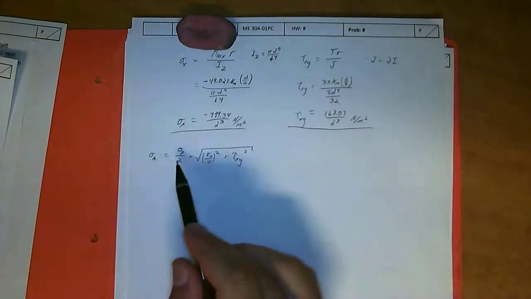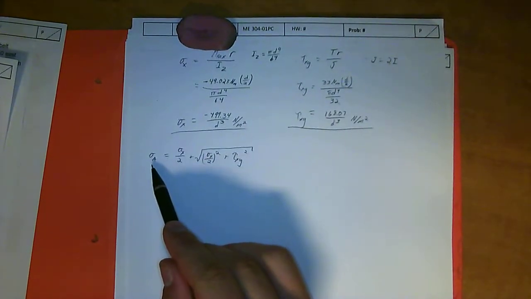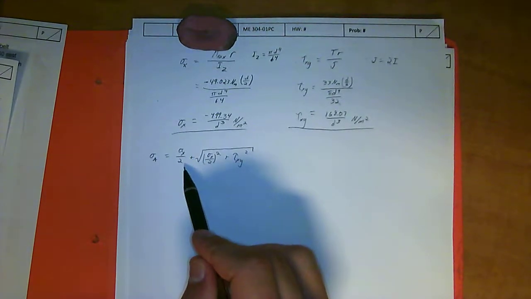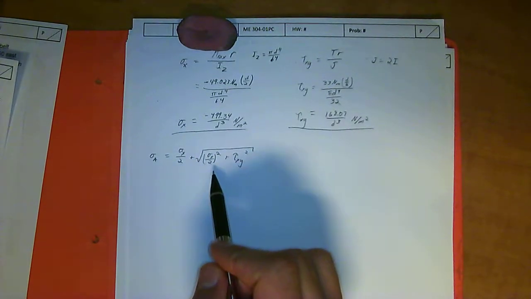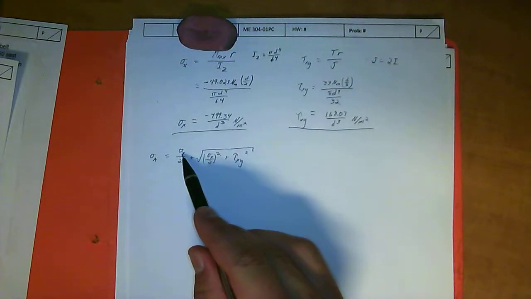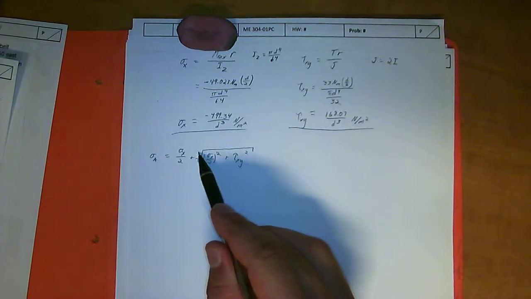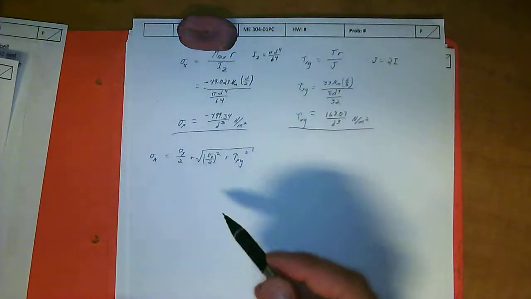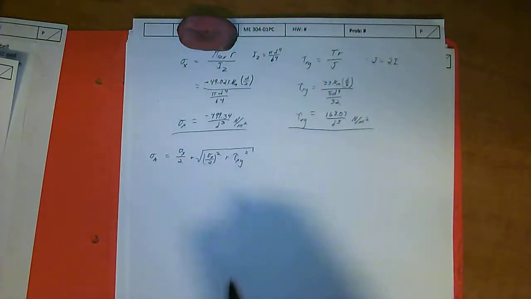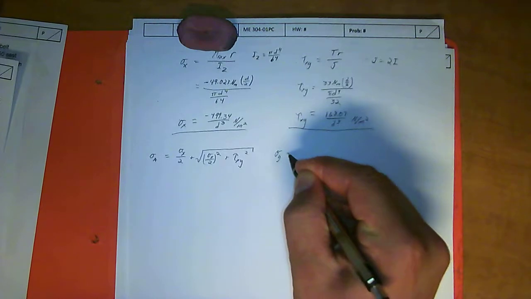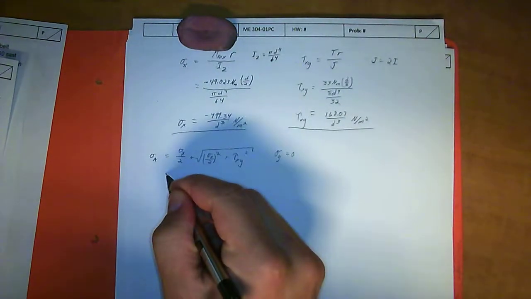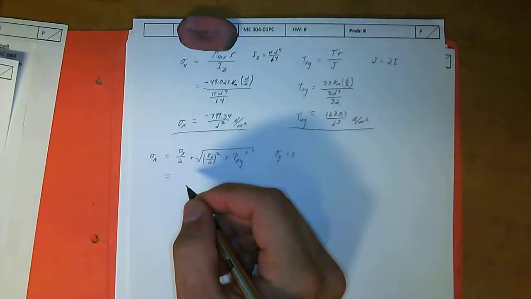Alright, so the stress equation is sigma 1, 2 equals sigma x over 2 plus or minus the square root of (sigma x over 2) squared plus tau xy squared. There's normally a sigma y included here, but in the plane stress diagram sigma y is equal to 0, so we're going to ignore that. Sigma y is 0, which allows this equation to reduce to this. So then using sigma x, we end up with